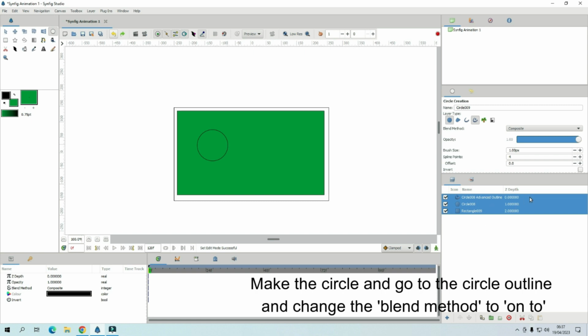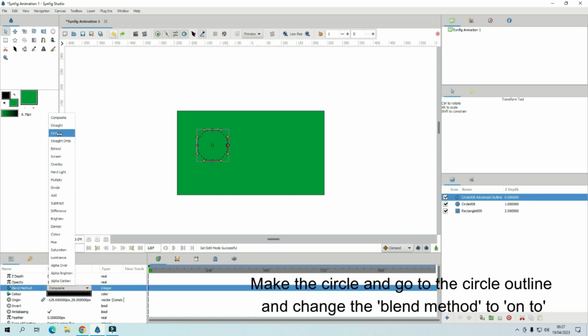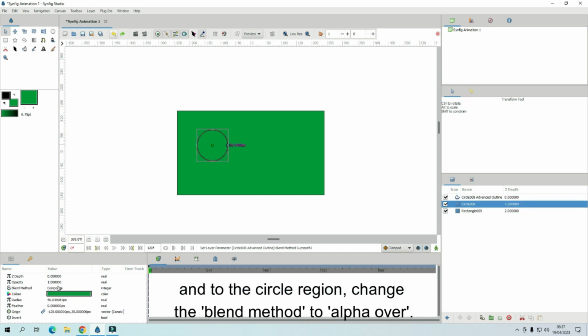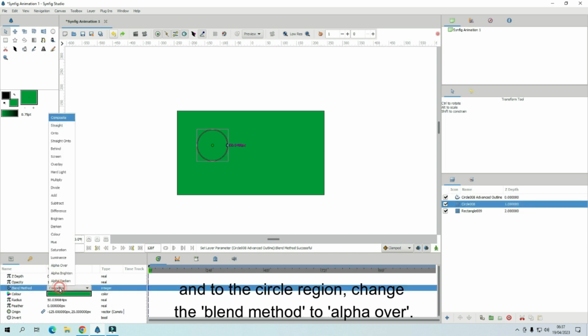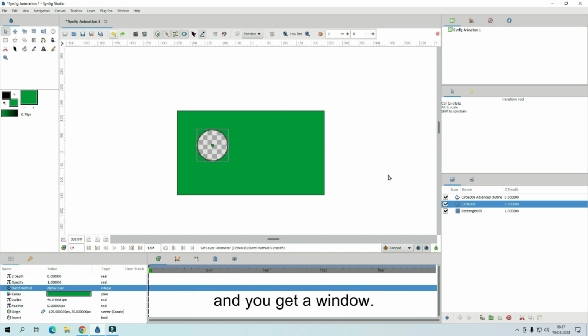Now go to the circle outline, change the blend method to onto, and the circle region, change the blend method to alpha over, and you get a window here. Now you want a back wall, go back to rectangle tool,